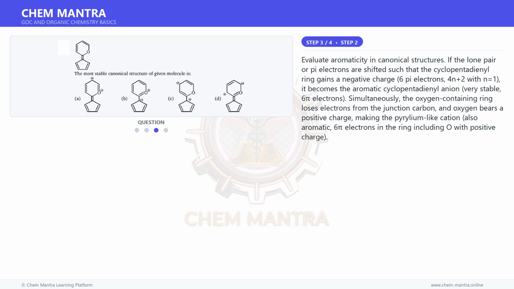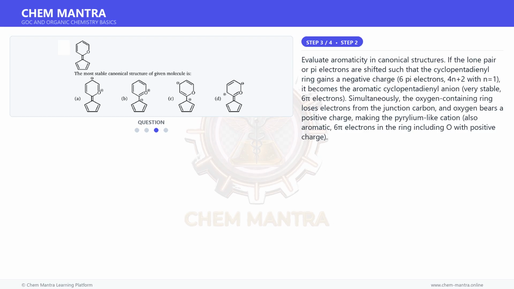Moving on to the next step. Evaluate aromaticity in canonical structures. If the lone pair or pi electrons are shifted such that the cyclopentadienyl ring gains a negative charge, 6 pi electrons, 4n plus 2 with n equal to 1, it becomes the aromatic cyclopentadienyl anion, very stable, 6 pi